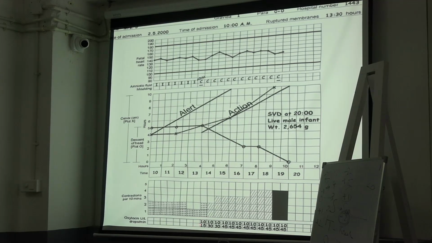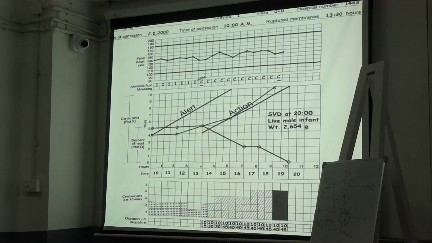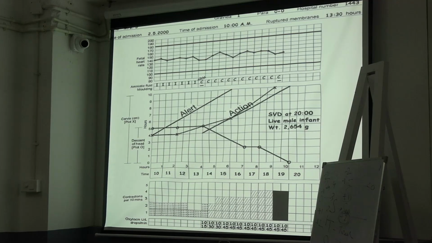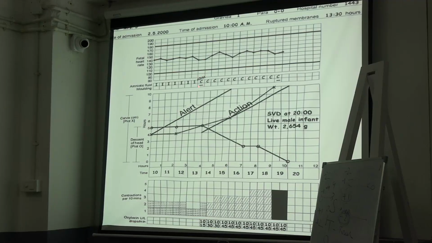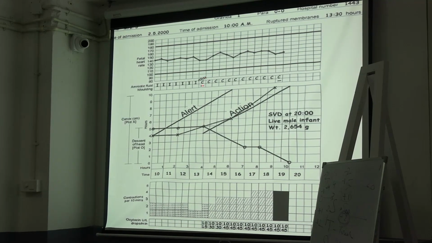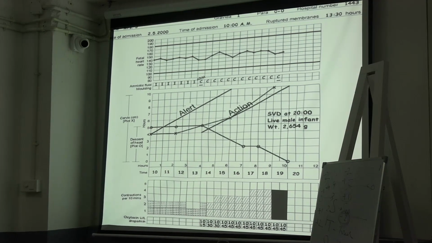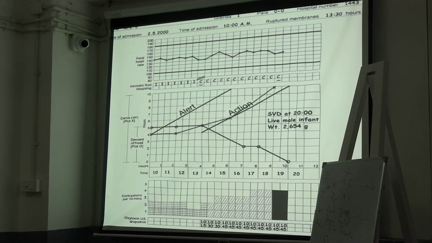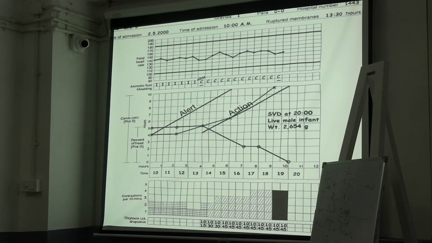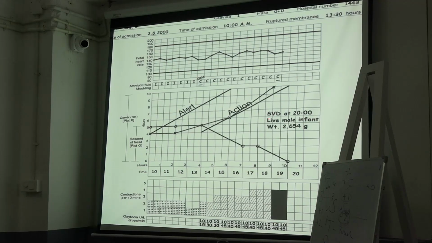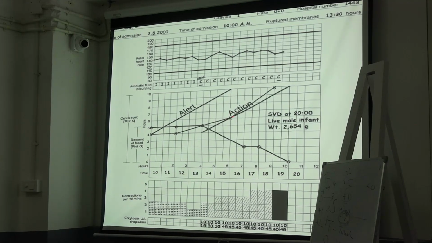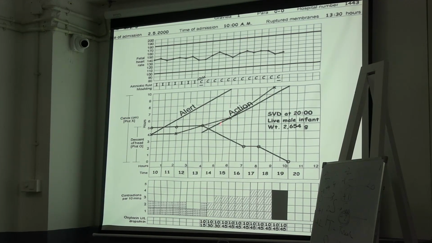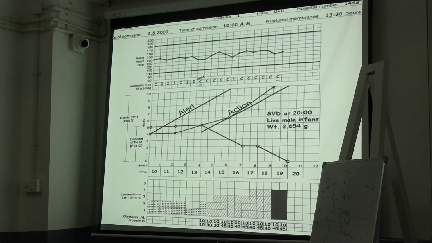Okay? What have we given? We have given 10 unit oxytocin per liter, keep that in mind. We give 5 units in 500. Okay? Here ARM was done and simultaneously oxytocin was given. Liquor was clear, and when we examined after 1, 2, 3 hours, the baby delivered. Baby weight was normal. Suppose this was in the action line. Coming to the action line, you don't have to do a C-section.